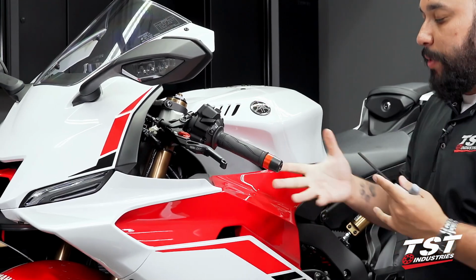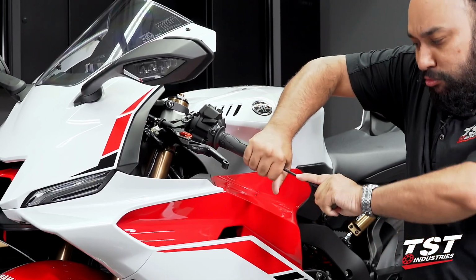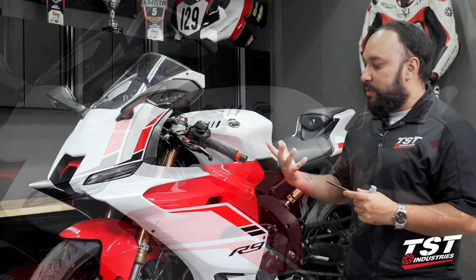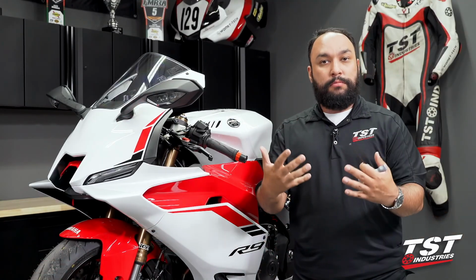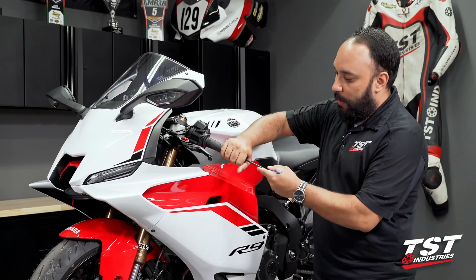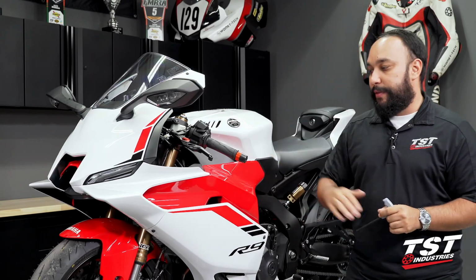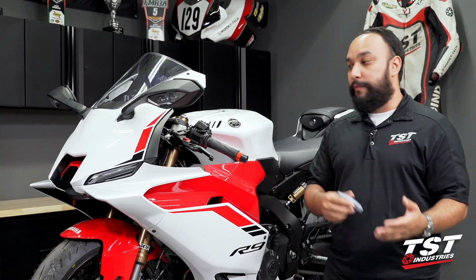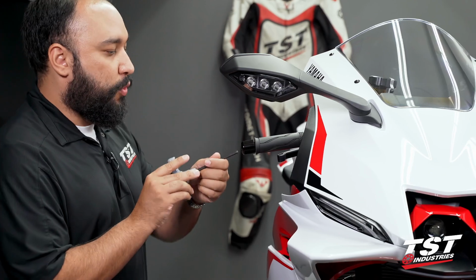And once you're at a nice bottom out point, you want to go ahead and hold the bar end while just cranking it as far as you can. 10 foot-pounds is safe to torque this at if you are a rider out there who needs a torque spec for this. Otherwise, you can just bottom it out and you'll be good to go. Now that this side is complete, we can hop on over to the other side of the motorcycle and repeat these same steps. Now that we're on the other side of the motorcycle, we can remove the OEM bar end